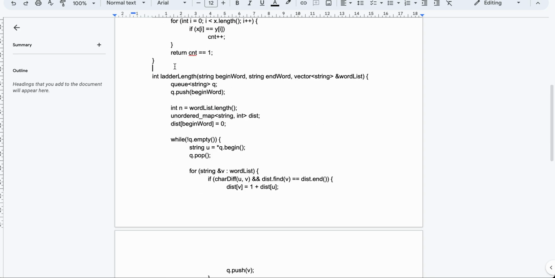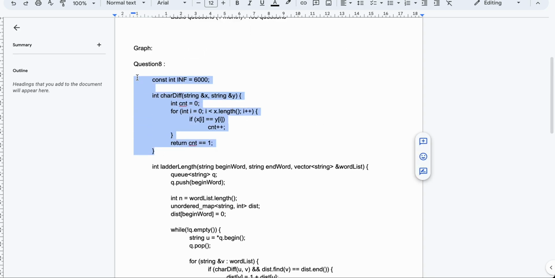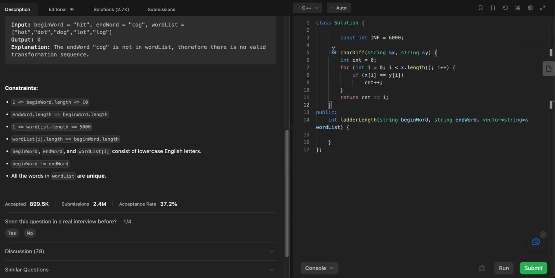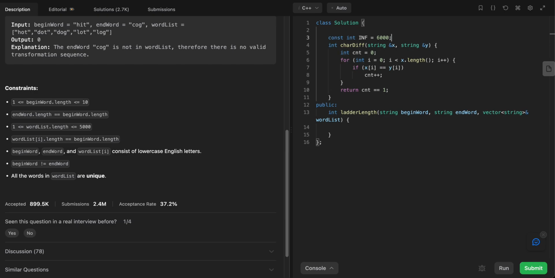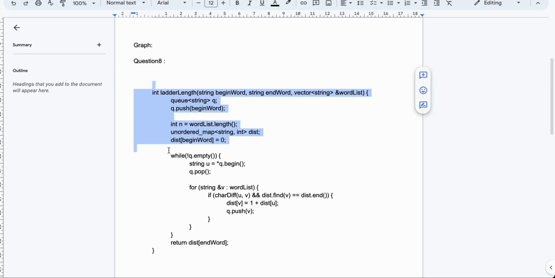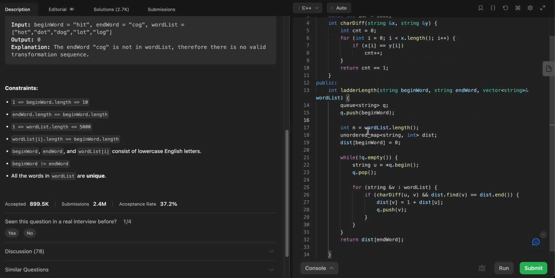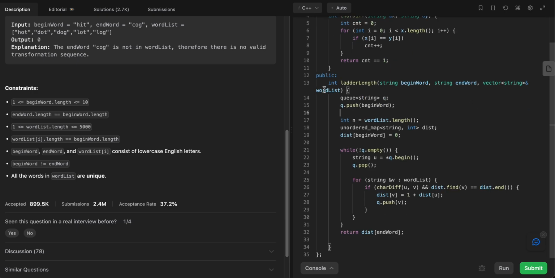I think this should work. Let's see. Make it private. So int char diff is x and y, and x goes through all the characters. If they are equal, return count 1, public int. So we have this q dot push. Okay, q dot push, and n is the word list and an